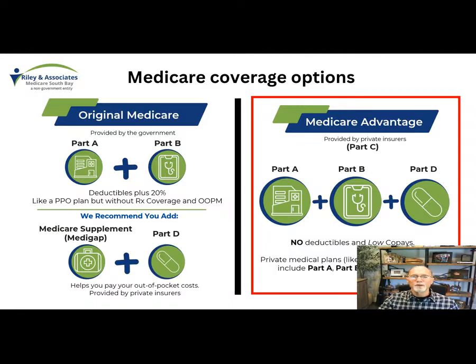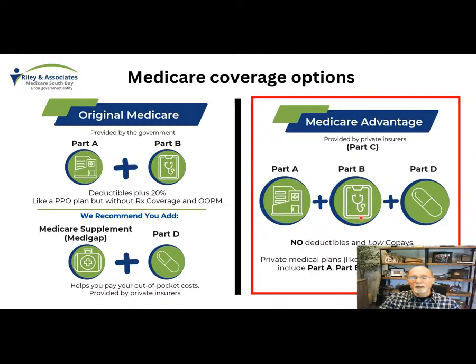And so now let's take a look at your second option, which is your Medicare Advantage plan. Your Medicare Advantage plan is going to work just like an HMO. So when you choose a Medicare Advantage plan, it's going to be covered by a private insurance company. They're going to cover Part A and Part B, and they're going to also include a prescription drug plan. Okay, so this is going to work just like an HMO plan. You're going to have a primary care physician that is going to direct your care. You're going to be part of a medical group and within a local community hospital setting.